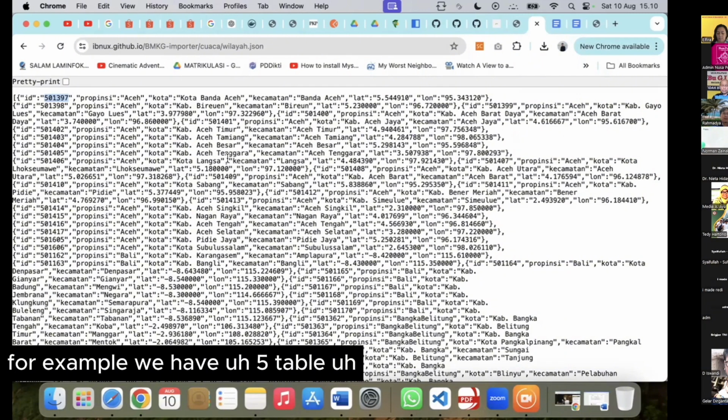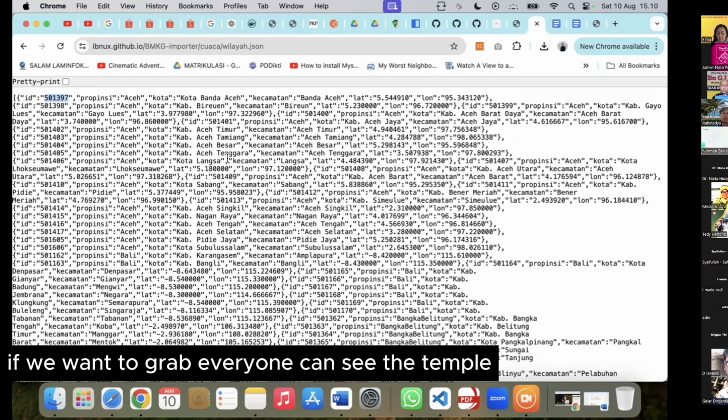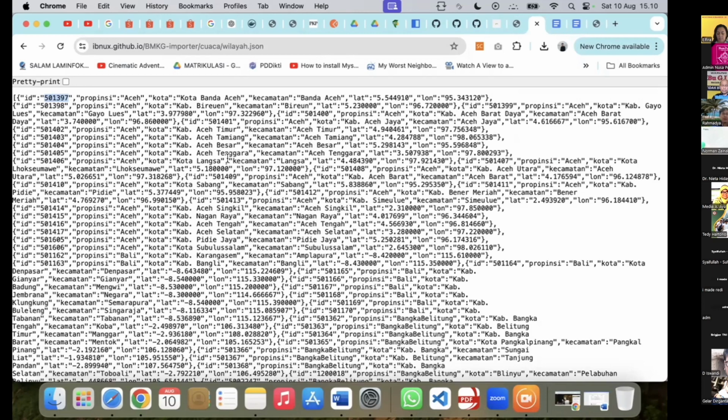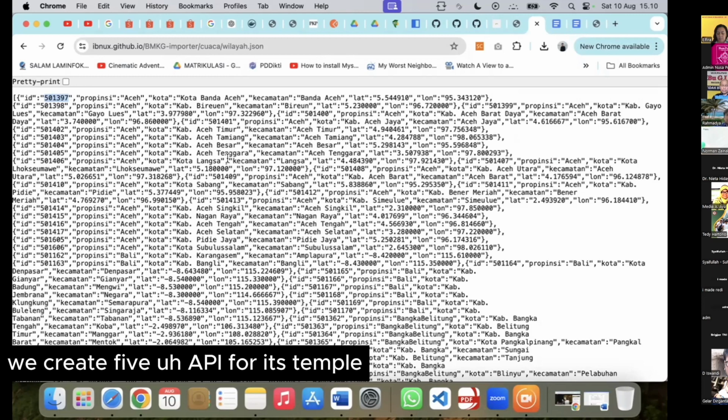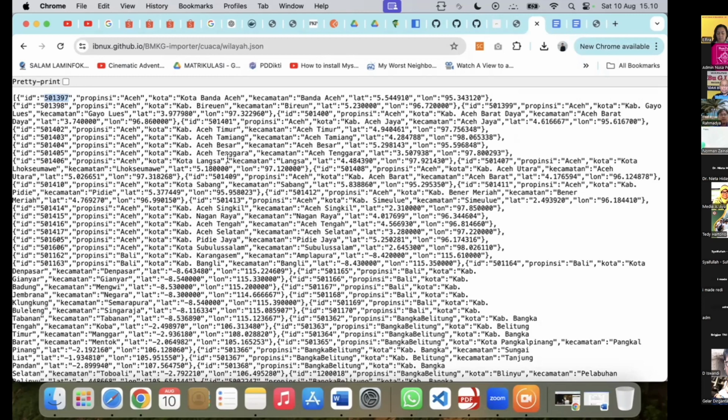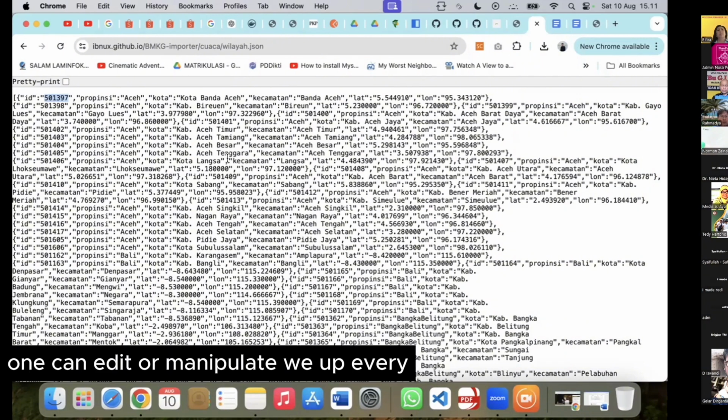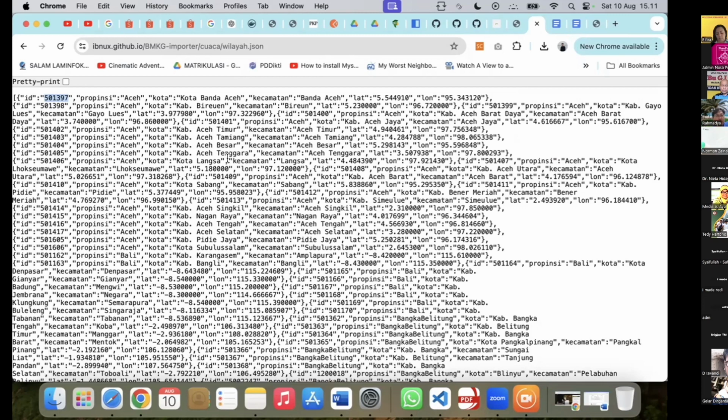For example, we have five tables. If we want everyone to see the tables, we create five APIs, one for each table. If we want everyone can edit or manipulate, we add to every API post, put, and delete also, ya, or we call it CRUD in database, ya.